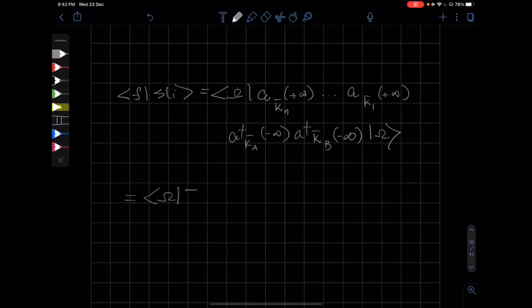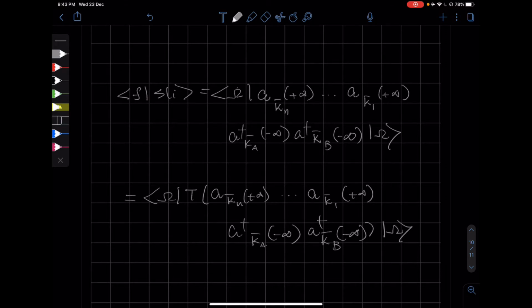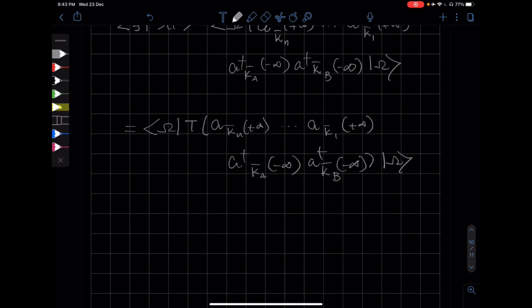bra omega, a time ordering operator, A of Kn at plus infinity dot dot dot A of K1 at plus infinity, and then A dagger of Ka at minus infinity, A dagger of Kb at minus infinity, omega. And another thing we can do is we can write each of these operators inside the time ordering